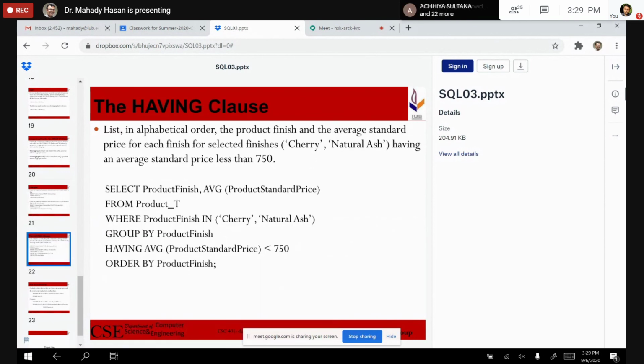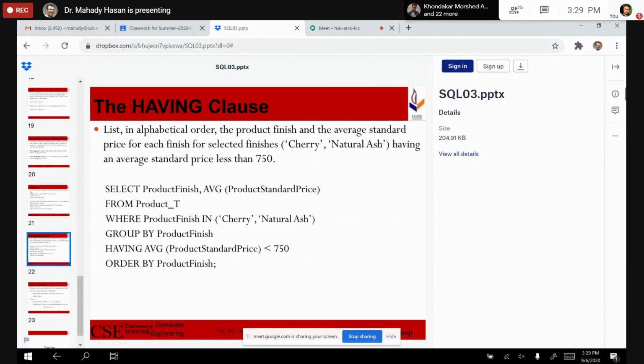Having clause, condition on top of the group. Here it's mentioned: list in alphabetical order the product finish and average standard price for each finish for selected finishes, those being cherry and natural ash, having an average standard price less than 750. That means for those categories that have less than 750, I want to show.